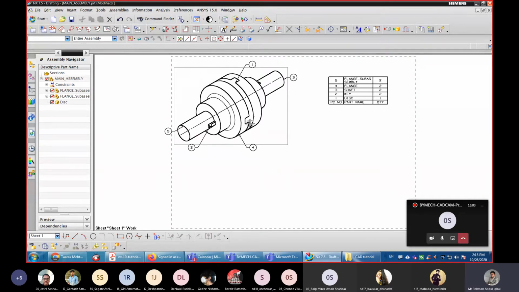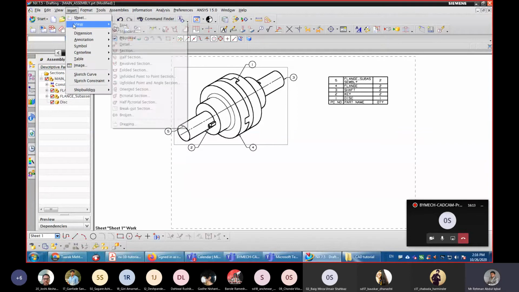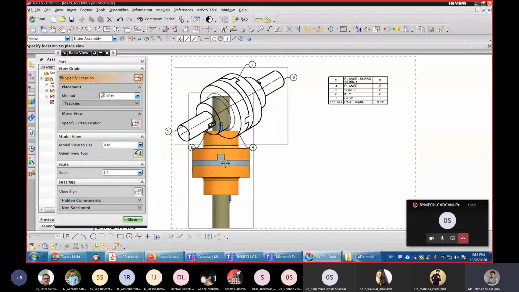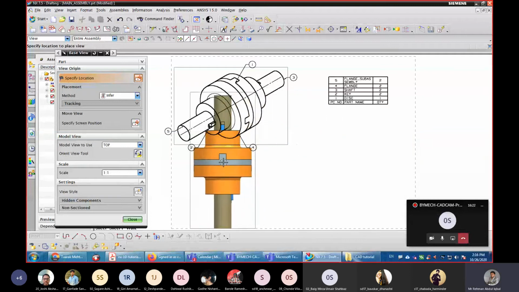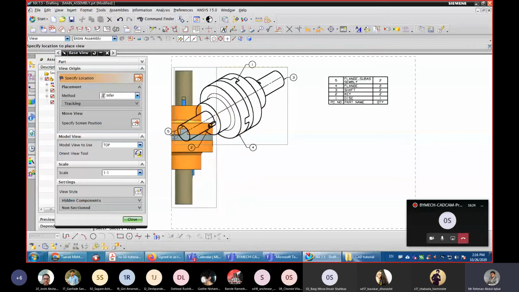Now again in assembly, you can have a number of views: front view, top view, any view you can take. So you need to go to the insert view option, base view. You can use this.